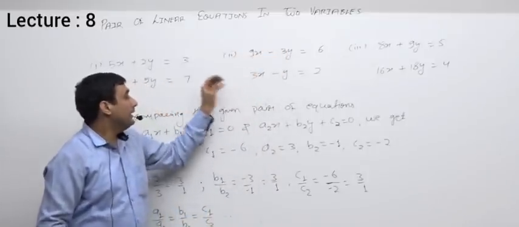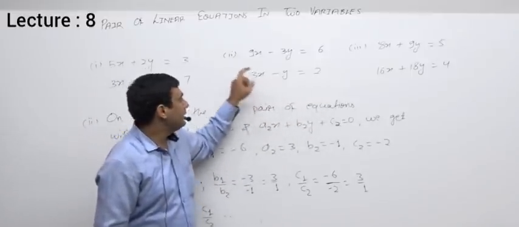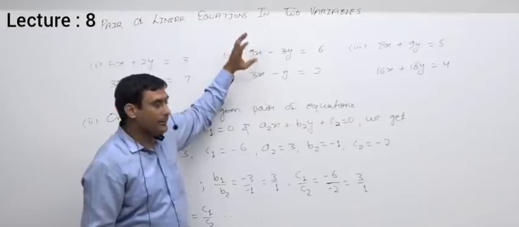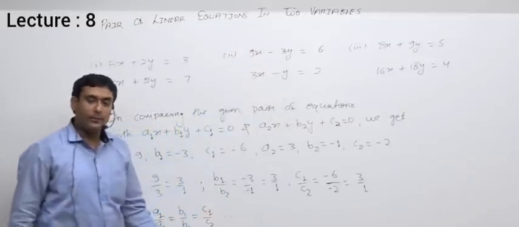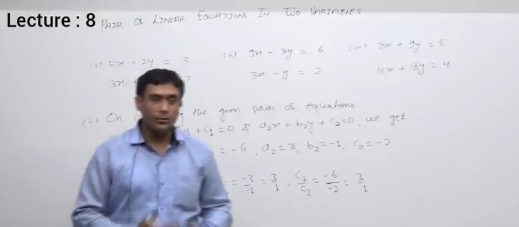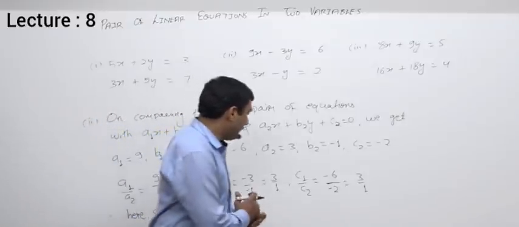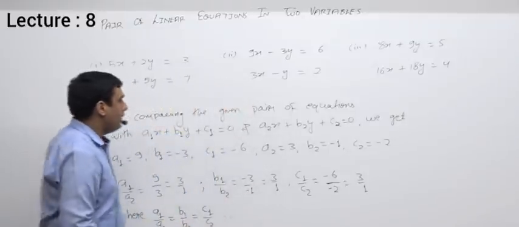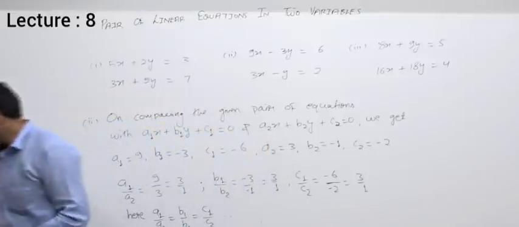Or in other words, if I multiply the second equation, then I will get this one. That means here I can see these two equations are same. As the equations are same, obviously they will represent the coinciding lines, or they will represent infinitely many solutions. Okay, so now we'll come to the third.